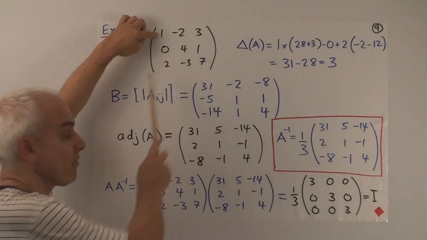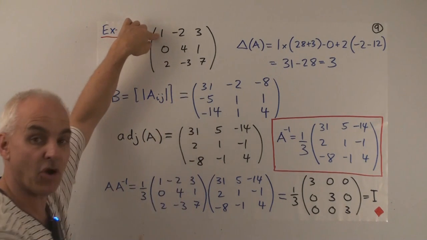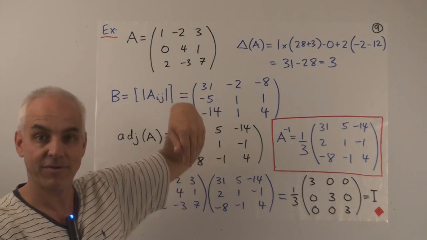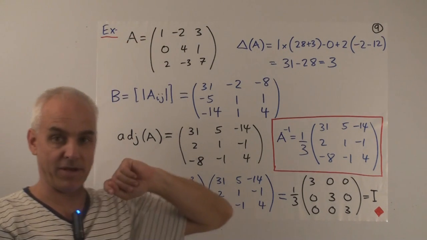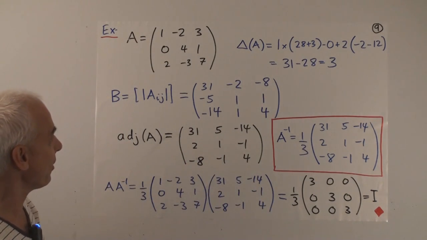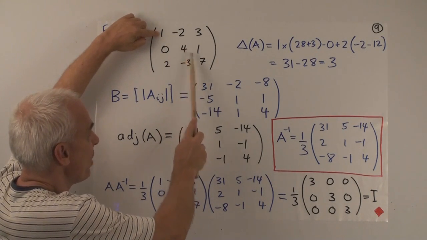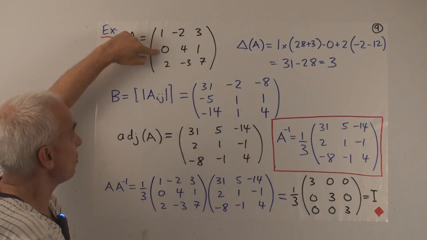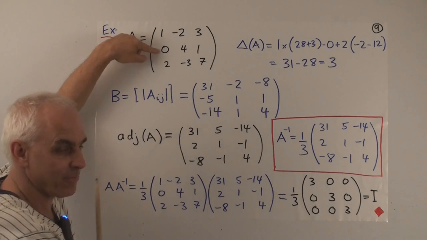Namely, we can choose one of the rows or one of the columns and multiply each one of those entries by the determinant of the corresponding minor, with a plus and minus sign depending on where we are. In this case, it makes sense to choose this first column because it has a 0 in it, and so that term will be simpler because it's multiplying by 0. So how does that work? We have to take 1 times this 2 by 2 determinant, and that's 28 minus 3, so 28 plus 3. And then we have to take minus 0 times this 2 by 2 determinant, but since it's 0, it doesn't matter what that determinant is.